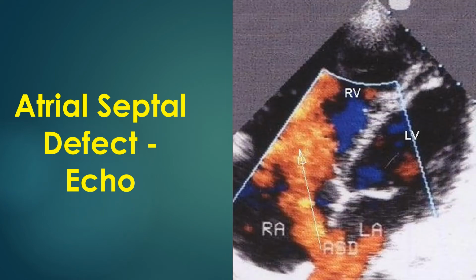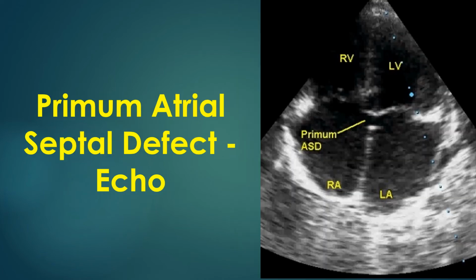Color Doppler flow mapping showing the red colored flow across the atrial septum from left atrium to the right atrium. The flow is red colored because it is towards the echo transducer in this view. Flow reversal, that is blue color jet moving from RA to LA, can occur when there is severe pulmonary hypertension. Reverse flow across the atrial septal defect can also be seen in total anomalous pulmonary venous connection.